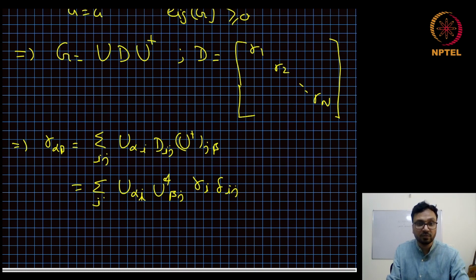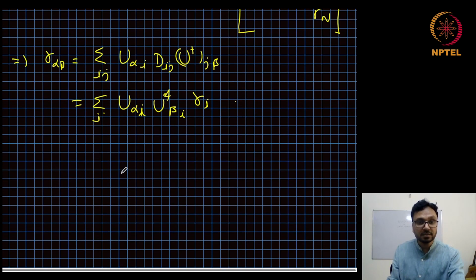And we can just remove the sum over j, replace all the j's with i's and remove the delta function. So gamma alpha beta is the sum over i of U alpha i U star beta i gamma i. Substituting it in the dynamical equation, in the dissipator,